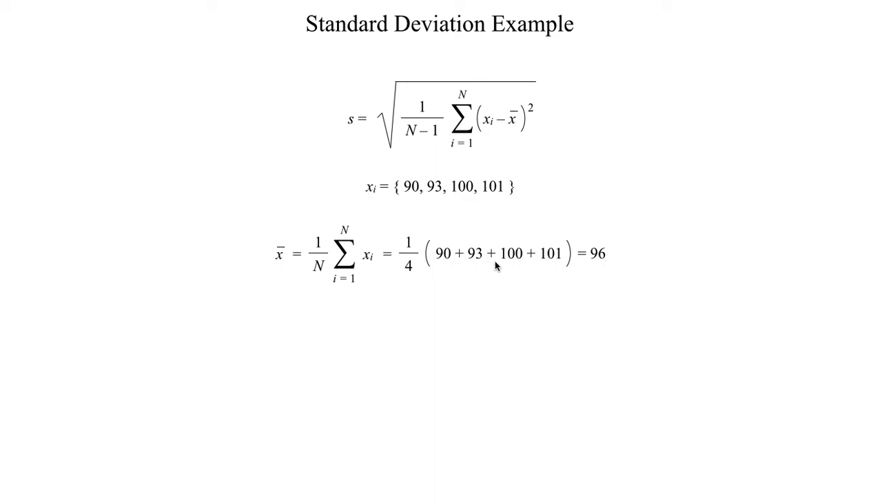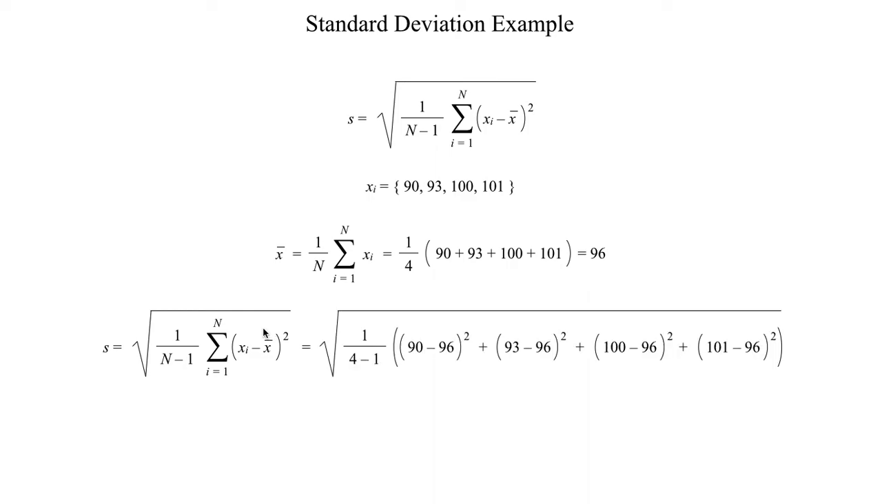So 90 plus 93 plus 100 plus 101 divided by 4 is in fact equal to 96. And now that we've calculated the mean, we are in a position to calculate the standard deviation. So again, we just use this lovely equation. And if we expand this out, again, this is just sigma notation, and if we expand that term out, we get that the standard deviation is equal to the square root